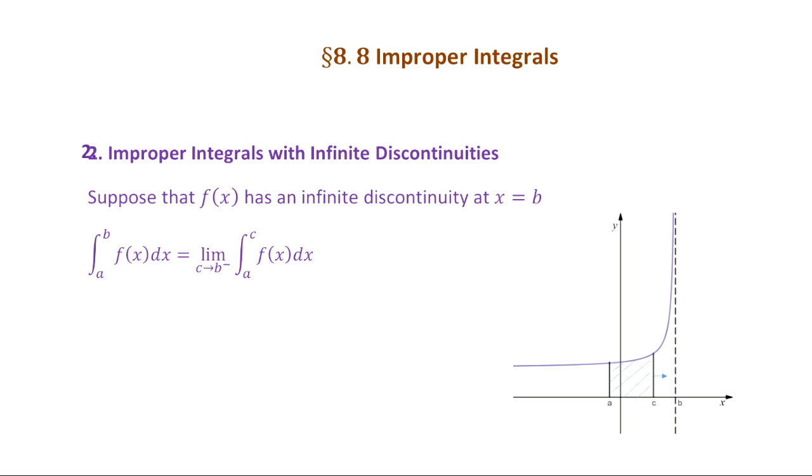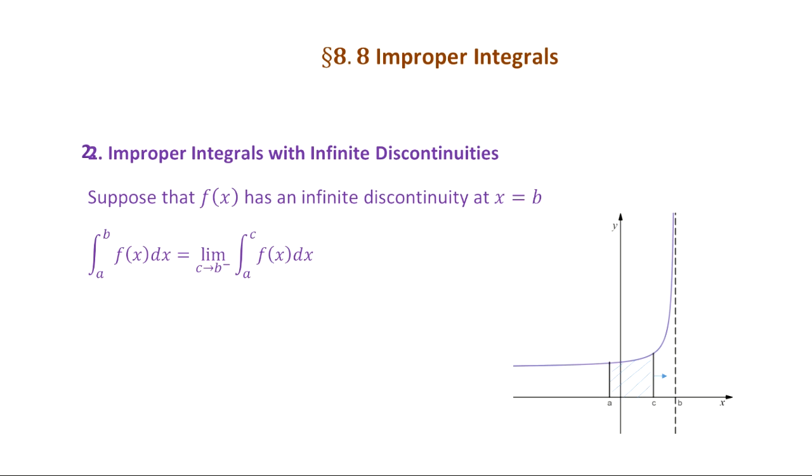So how do you integrate the function from a to b? Basically, again, we try to find the area under the curve. So you get a long tail on the top instead of left and right. What I do again is change the problem into two steps. First, you just integrate the function from a to c. They shaded the area from a to c. That's the proper integral that we can integrate in the usual way. There's no problem with that. And then you just take the limit with